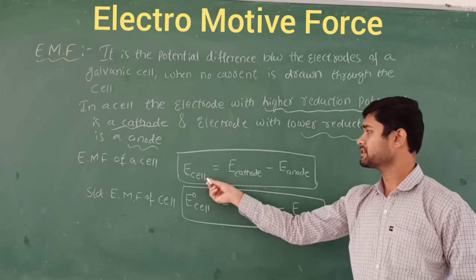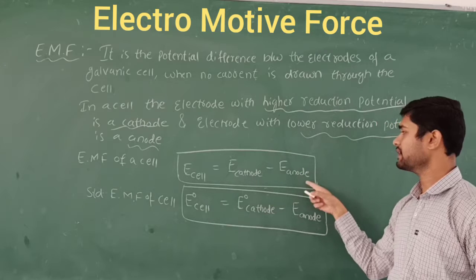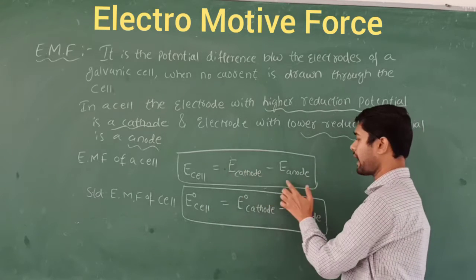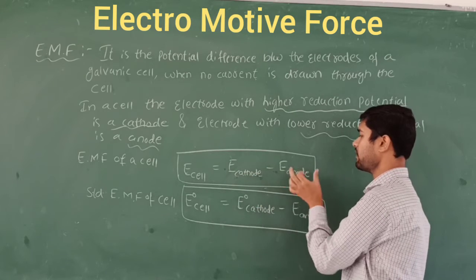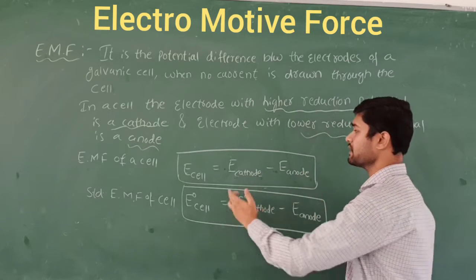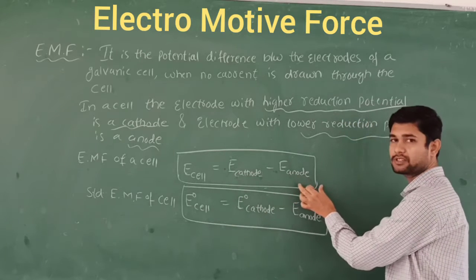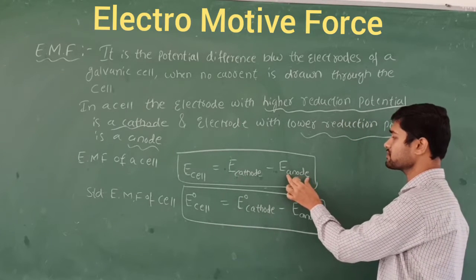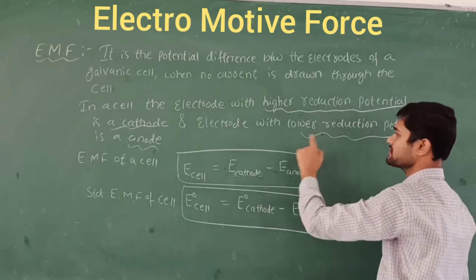So that's the relationship I am going to write: the EMF of a cell, E cell, is equal to E cathode minus E anode. Cathode is positive and anode is negative, so there is a minus sign here. That's why it is high reduction or low reduction potential. Also you can say that E cell is equal to higher reduction potential minus lower reduction potential. Why lower reduction potential? Because lower reduction potential is nothing but the anode, and higher reduction potential is nothing but the